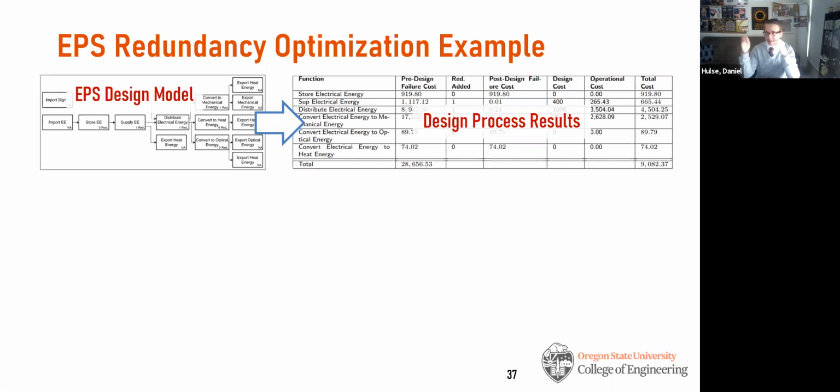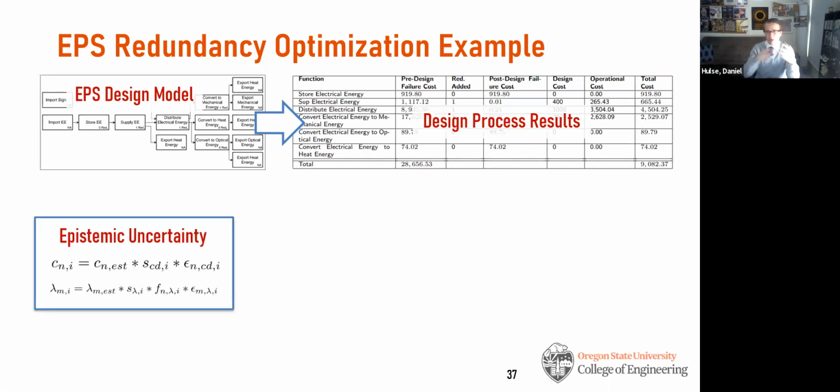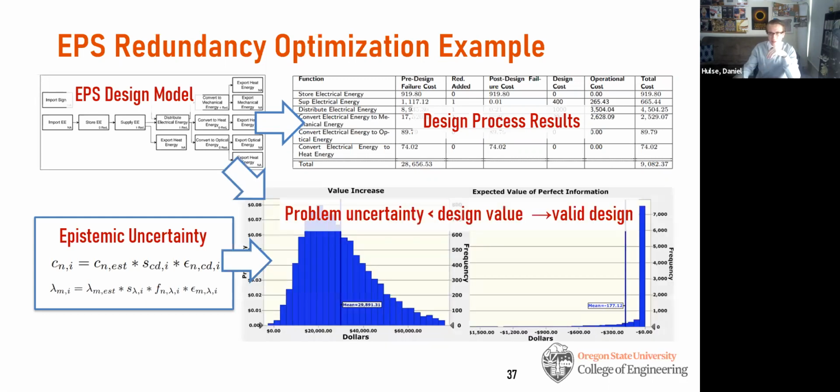This is the optimal system. And then what we did was define here are the uncertain assumptions that would affect this process. And we had different uncertainty models that we used for that. And then based off of that propagation of uncertainty through the model,